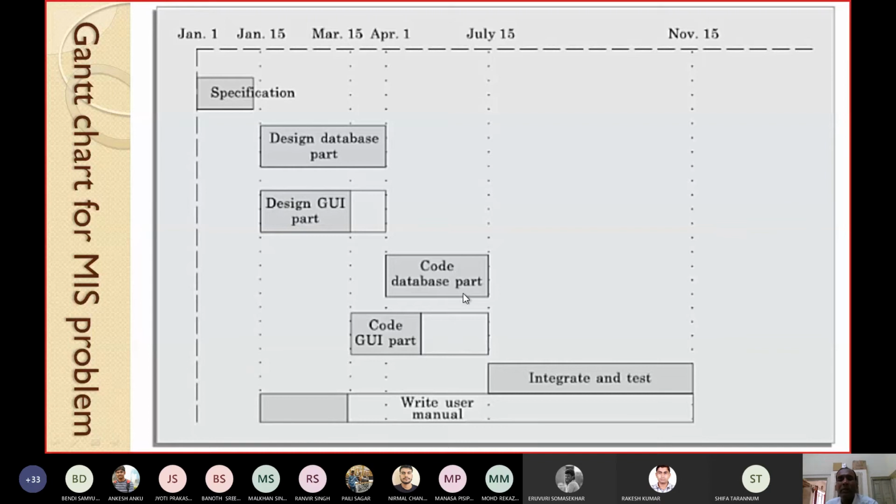Integration can be started only after the coding database part is over. That means this code GUI part, we can delay it without delaying the completion of the whole project. Similarly, for write user manual, see, so many days are left. We are not so hurried that we should write the user manual immediately. It can also be further delayed so that the total completion time will not be affected.